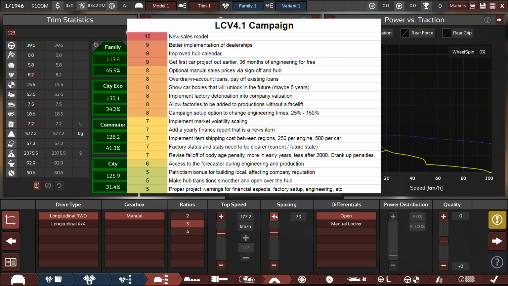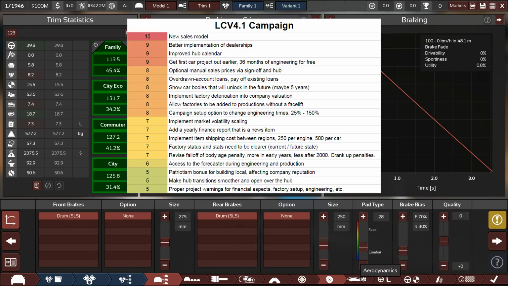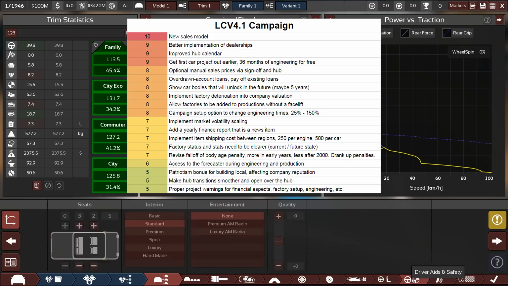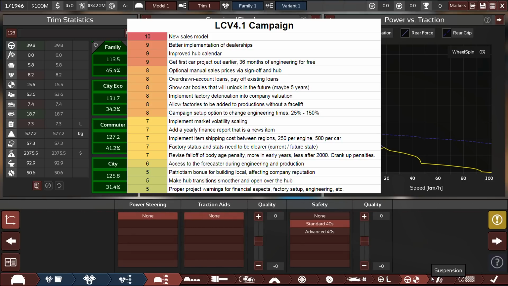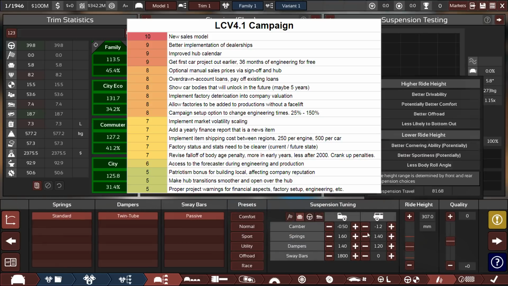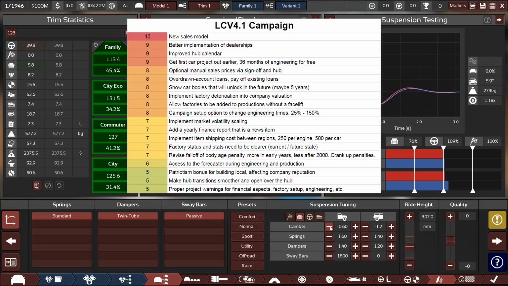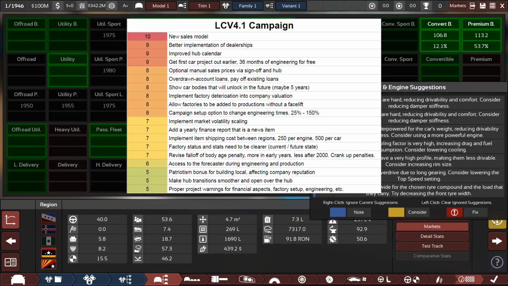Then we want to implement factory deterioration into the company valuation. If you have, let's say, not properly maintained your factories, then probably they are not quite as worth as much as the valuation currently says it is. So yeah, running down your factories will have negative consequences on your evaluation, and thus how much you can loan